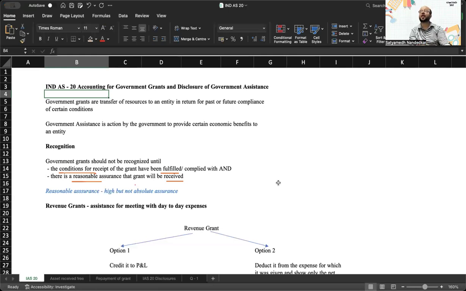But there is one fundamental difference between the two. Government grants involve transfer of resources to an entity in return for past or future compliance of certain conditions. For example,